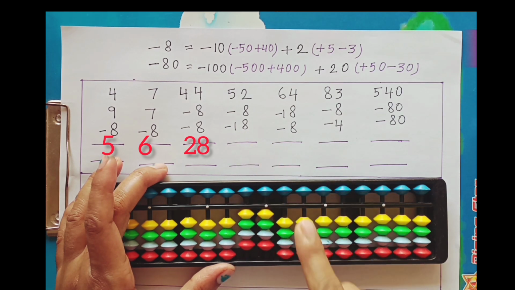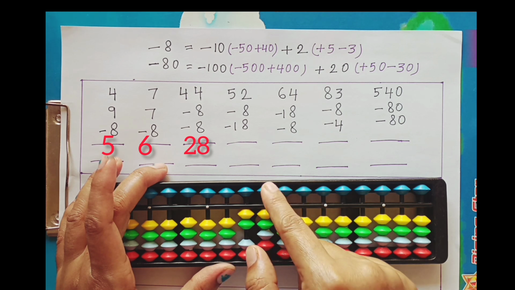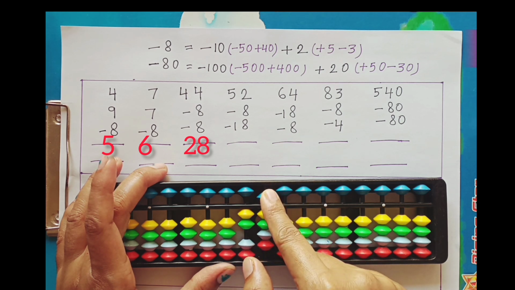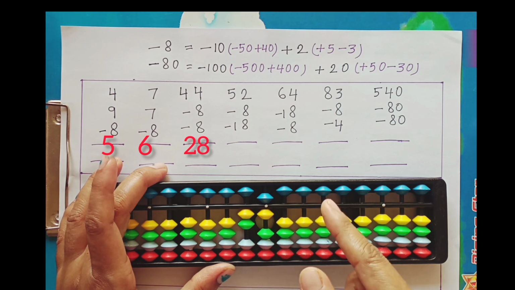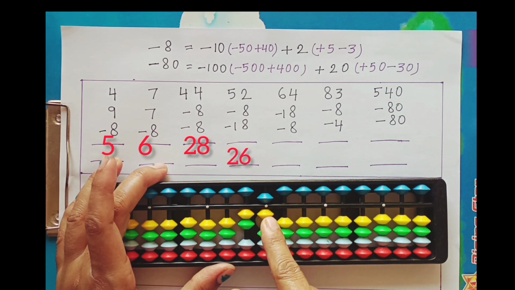Subtract an 18. To subtract an 18, we will subtract 10 first and then subtract 8. To subtract 8, subtract a 10, add a 2. We can subtract a 10 but we cannot add a 2. To add a 2, we will apply another formula. Add a 5, subtract a 3. That is also the combined formula or mixed complements. Our answer is 26.